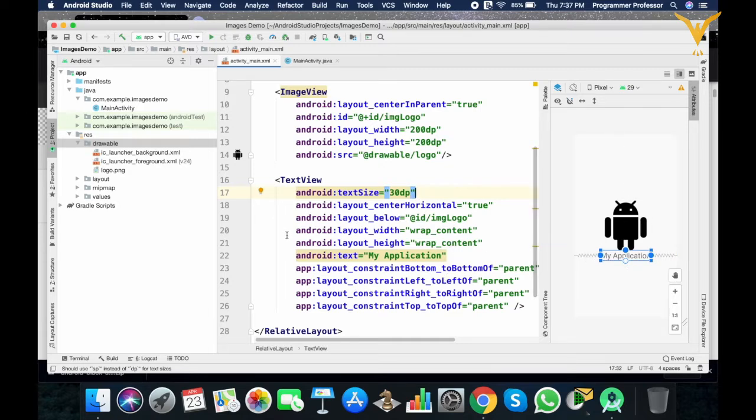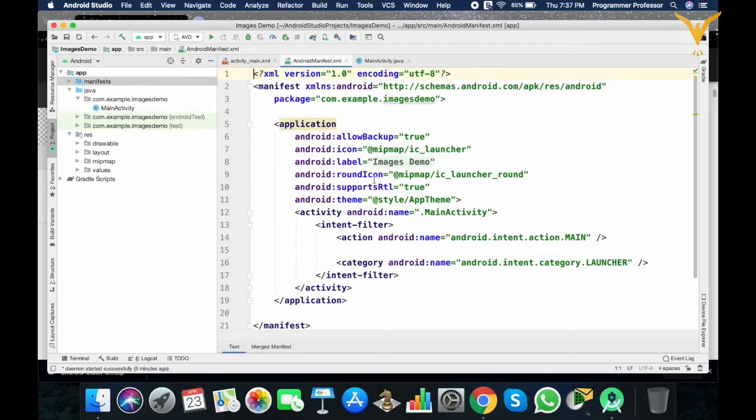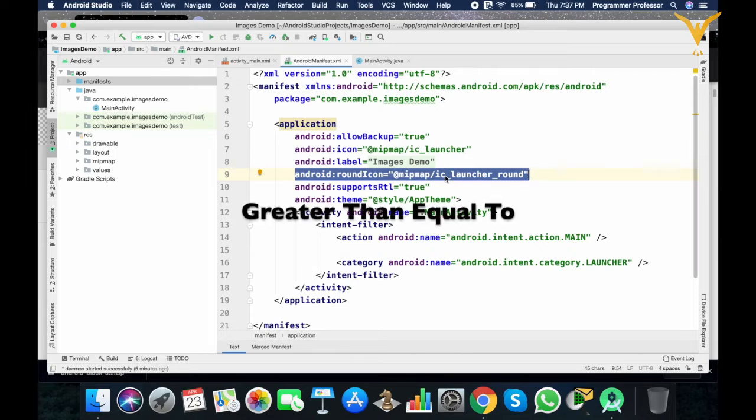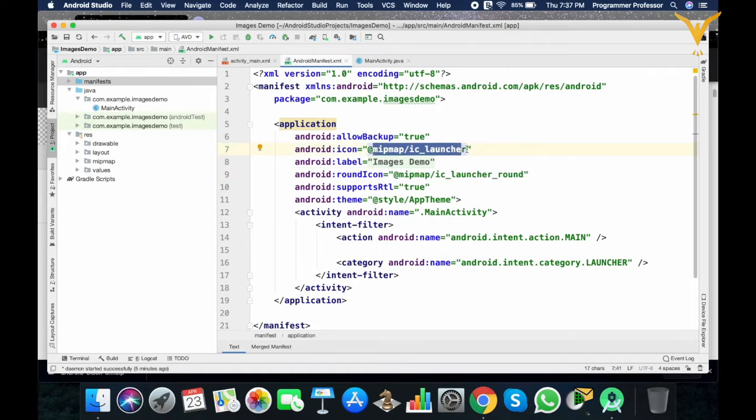Now let's check how we can change the logo. For that, go to the manifest file. Here you have the options Android icon and Android round icon. If your operating system version is greater than Oreo, or we can say Android 8.0, then this option is usable. We'll change all of these. Drawable logo, let's copy this.